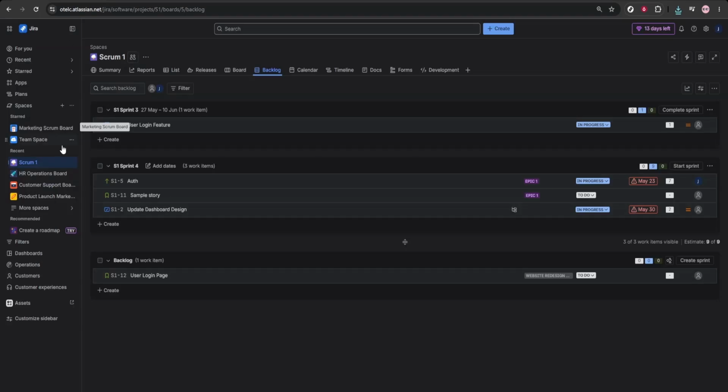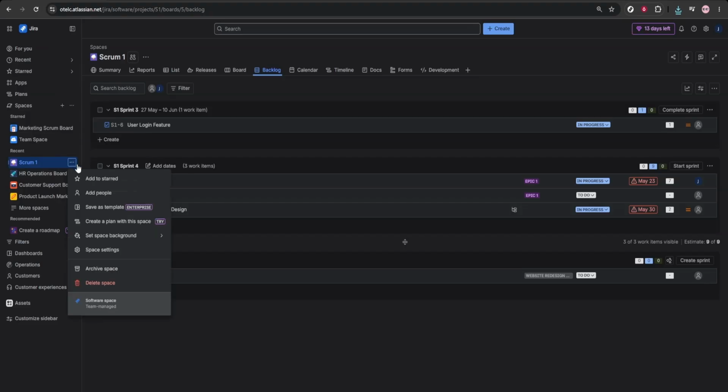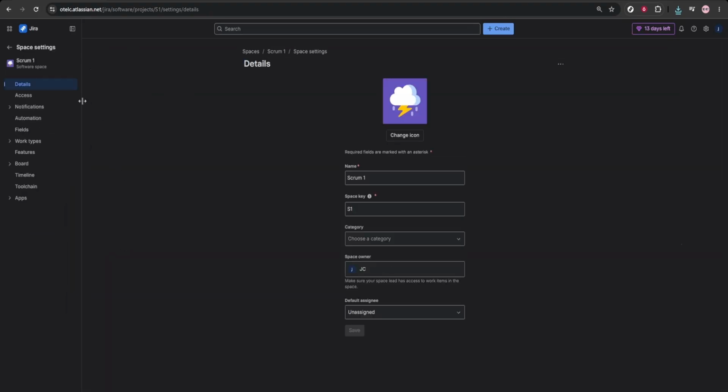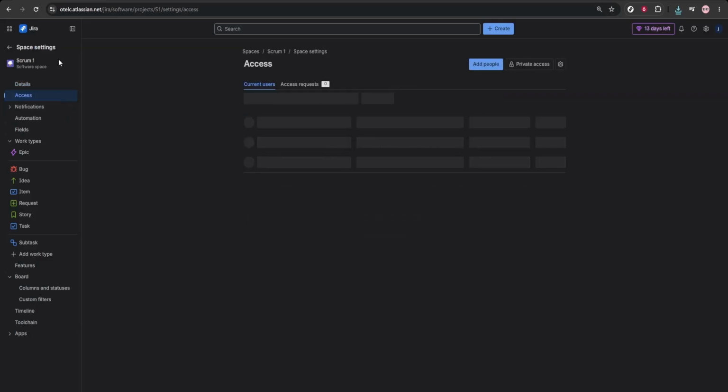Once that feels familiar, move into Project Settings. Open any project, then click Project Settings in the left sidebar. This is where you'll start seeing how an individual project is structured. Explore the access settings, the work item types, workflows, and notifications. These sections help define who can do what, what kinds of work can be tracked, how issues move through stages, and